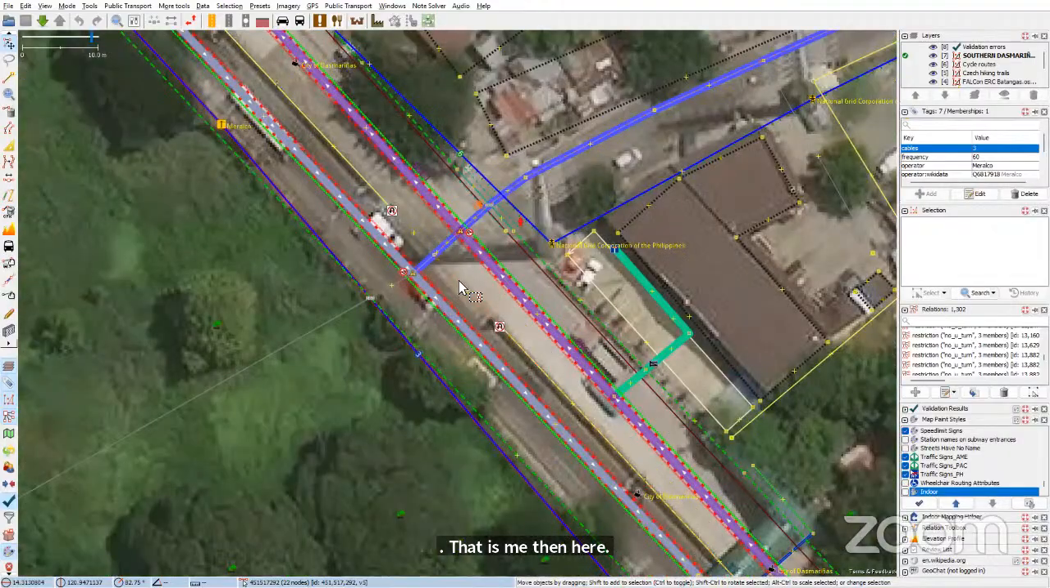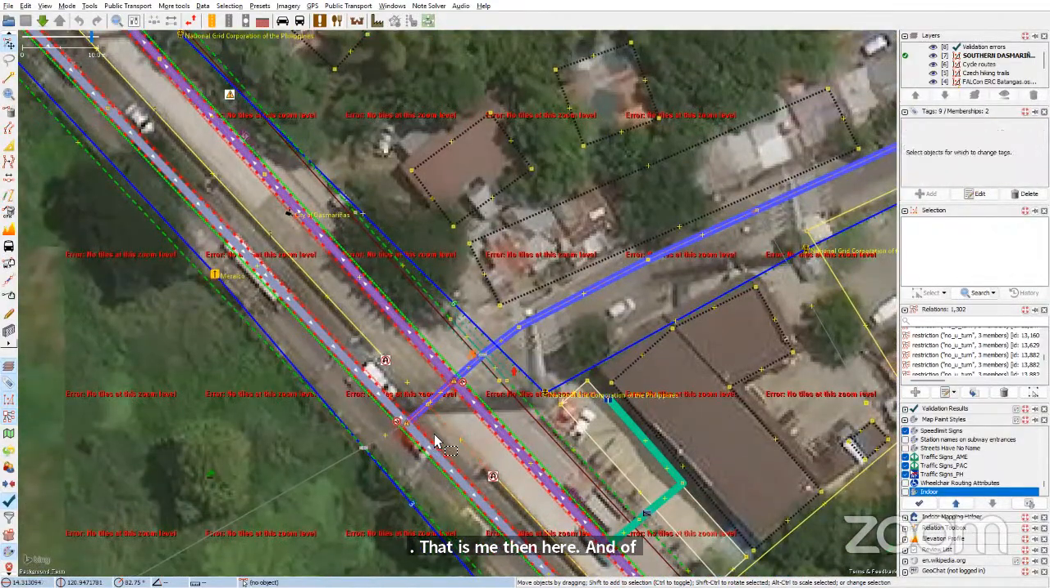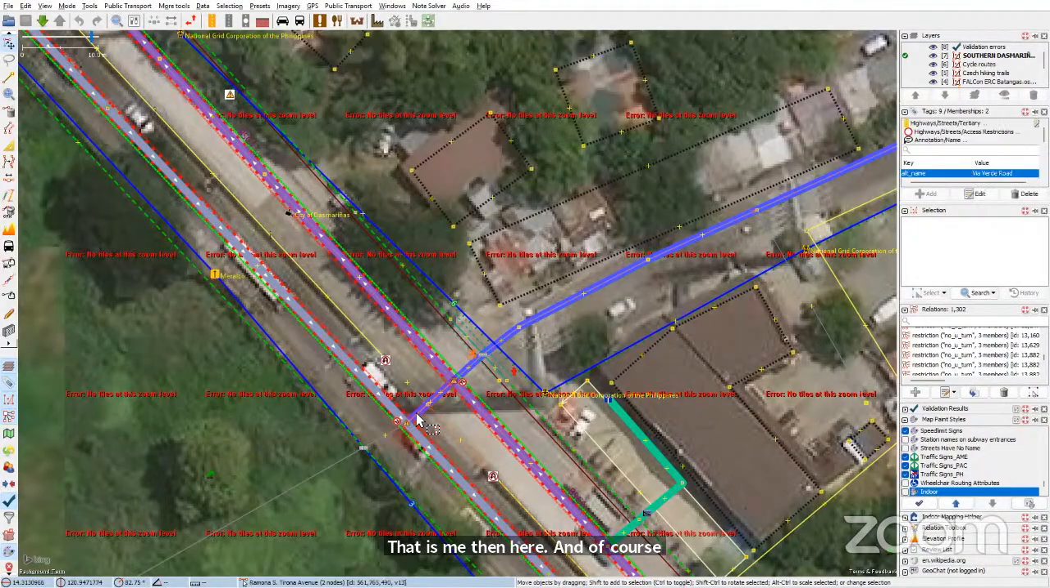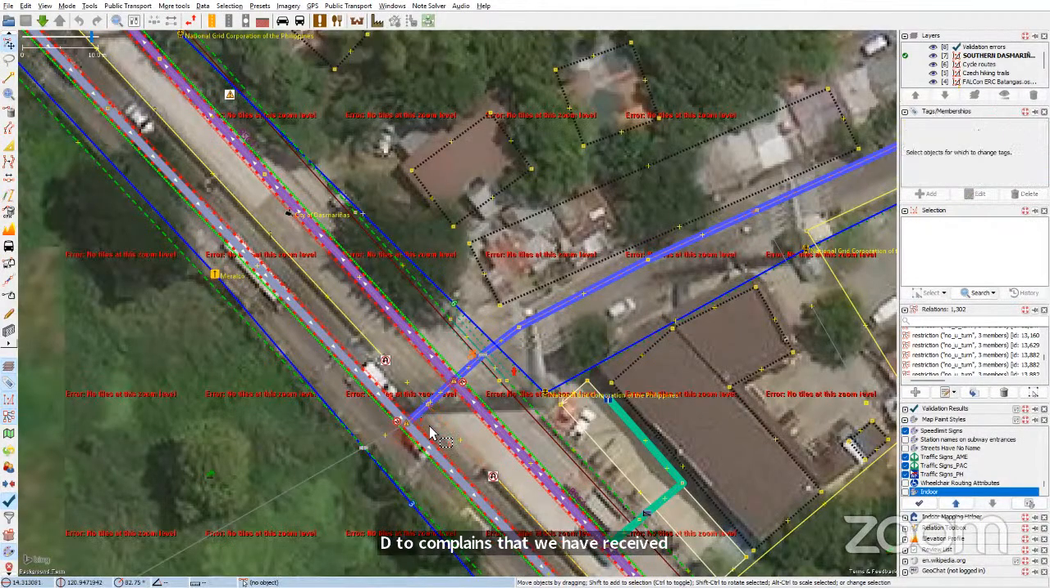And of course, due to complaints that we have received in relation to the internal policies of our own, which is the no left and U-turns policy that got into conflict with several stakeholders, we have decided to suspend the no left turn portion of the no left and U-turns policy that is still being in the works